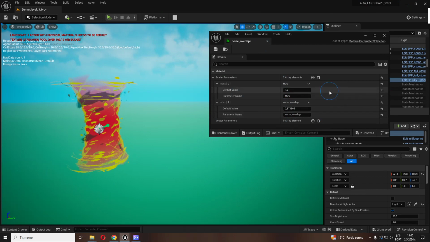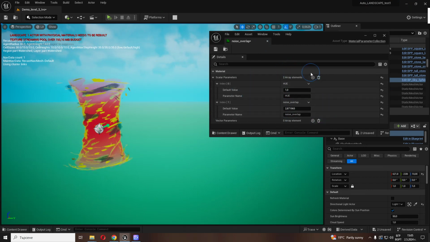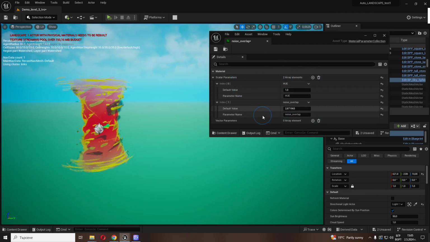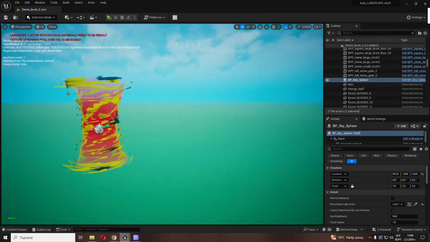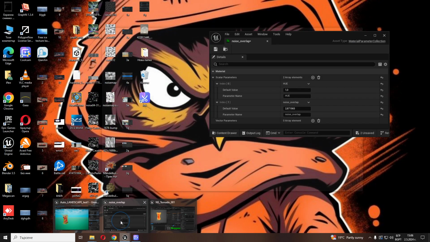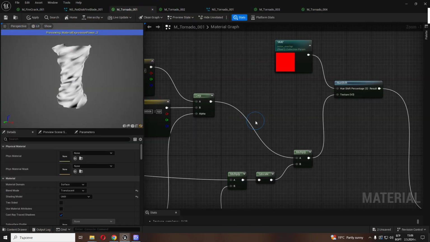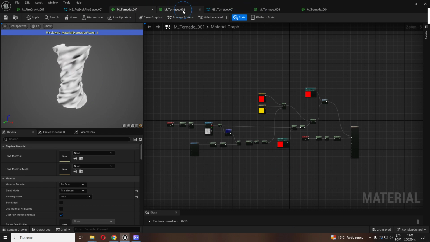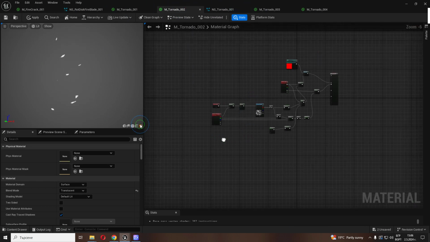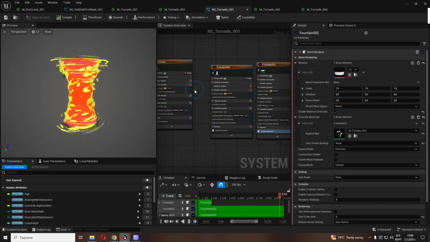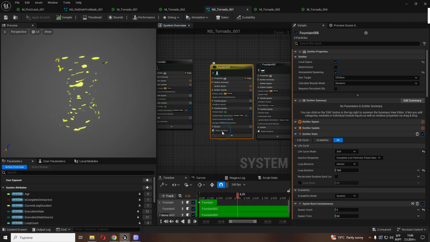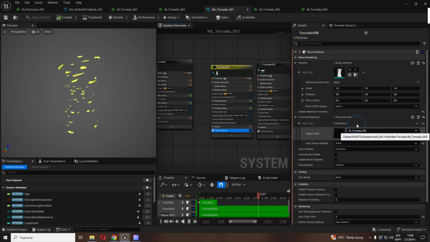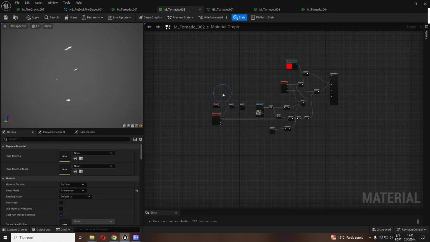So I hope that you understand these two material functions that we use. Now I will talk about the material itself. Actually, we use only one material with different variables for this material, which is material for particle. Just a second, for this particle we use this material and Tornado 002, as you can see,